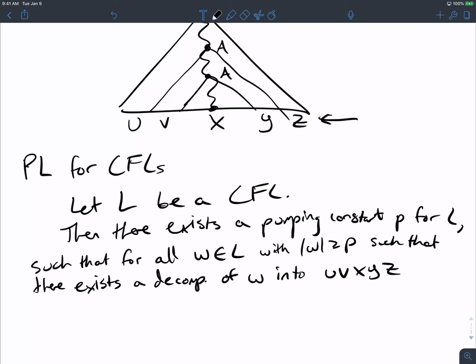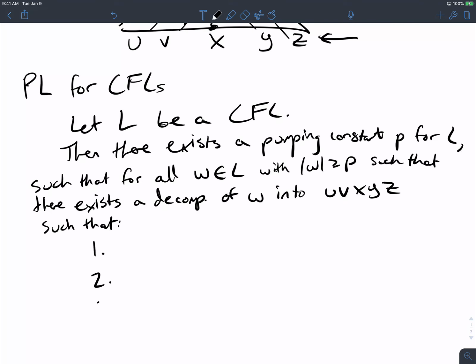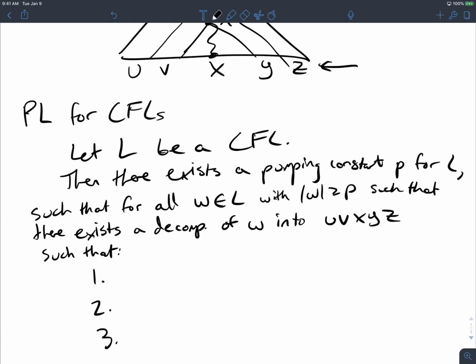Okay, into those 5 parts, such that, I guess for the third time, such that, we have the 3 properties that we talked about last time. And what were those 3 properties? So what are the parts that we're putting more of into the string over and over? V and Y. So V and Y are the things that we're putting more of in the string. Can I put a different number of V's and Y's, or does it have to be the same every time? The same number. Why is that true?